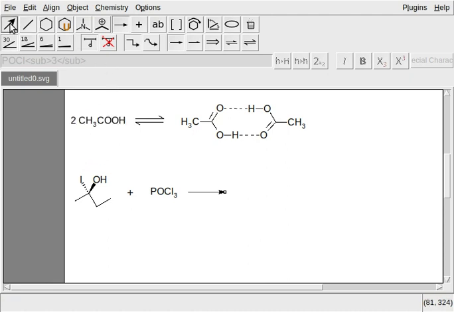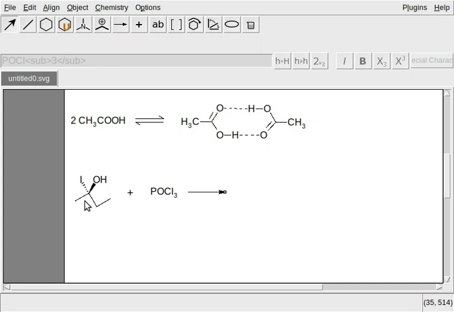To select this whole structure, we select all of the bonds, keeping Shift pressed. These wedge and hash type bonds are also single bonds, so we just need to click them. All the bonds need to be selected.